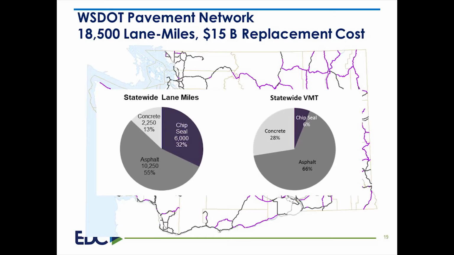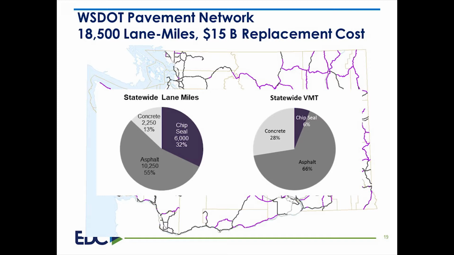Morning, I'm Dave Luhr. I'm the pavement management engineer for WashDOT. And I'm going to show you some examples today of what we've been doing in Washington, and give you an appreciation for some of the things we've been trying. Just a quick background. At WashDOT, we've got about 18,500 lane miles in our state-maintained system.